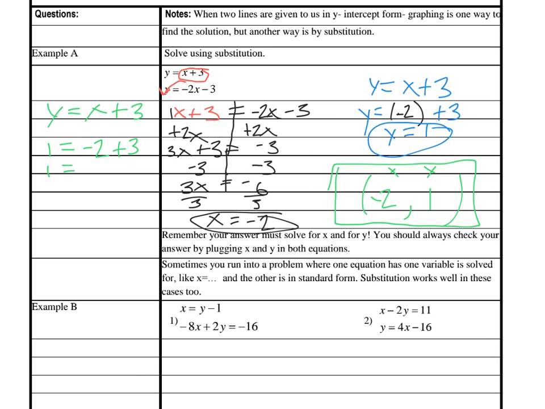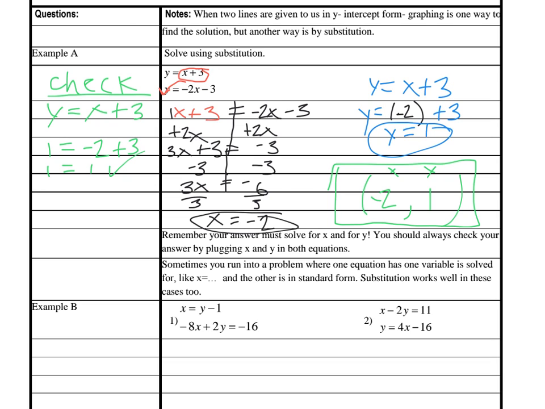And 1 equals negative 2 plus 3 is 1. And since we got a true statement at the end, 1 equals 1, we know that the ordered pair we checked is correct. So this right here is how we checked. So maybe make a note of that, so when you look back at your notes later, you'll see that's how